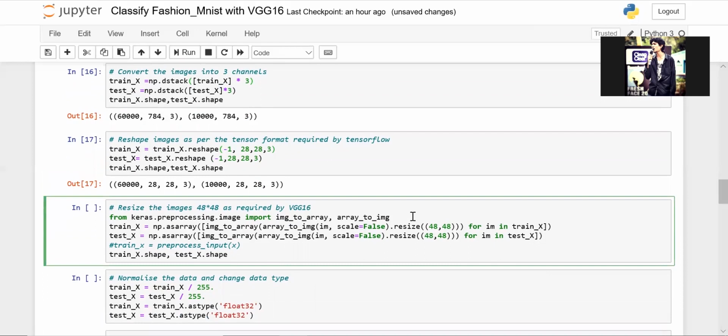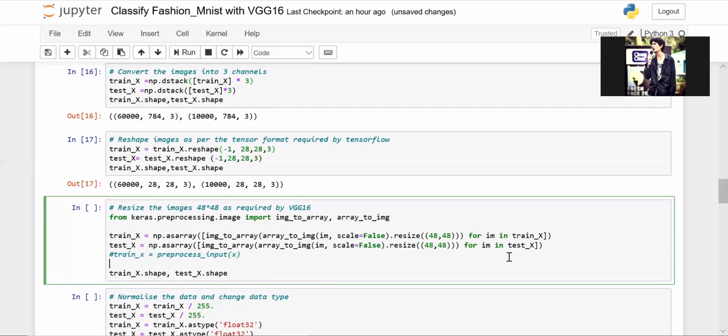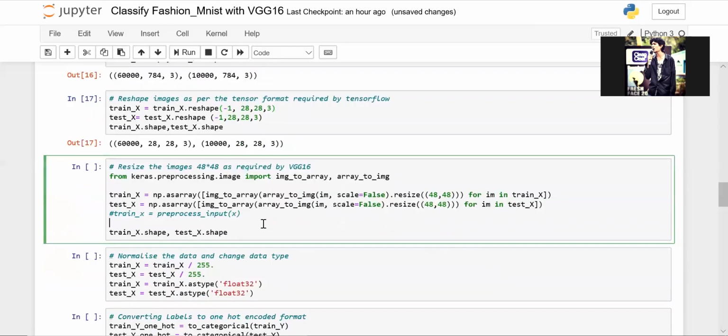Since we are using the VGG16 model, one of the prerequisites of VGG16 is that the input shape is 48 by 48. There is also a way to modify this at the neural network level, but that has certain complications. So we will use the image resize function for each and every image in trainx.